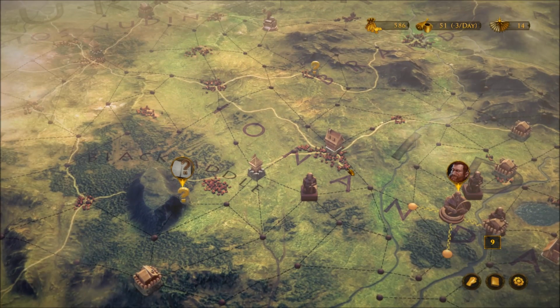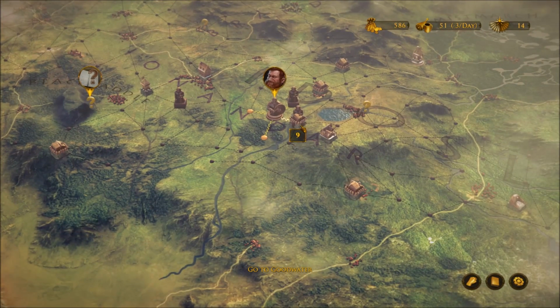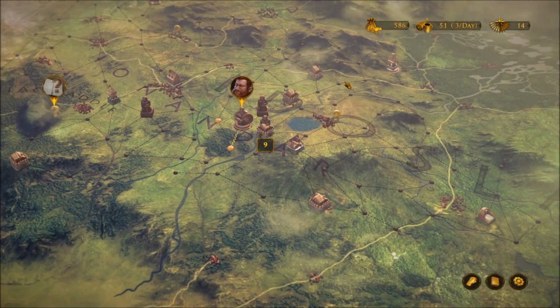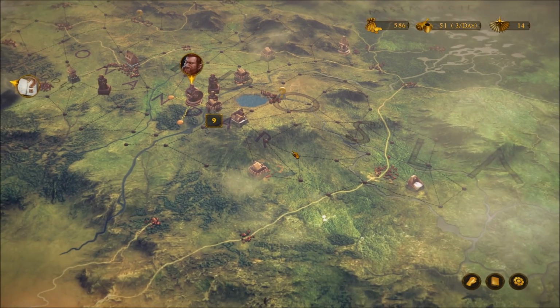I think there's clouds and other weird things kind of floating around here. It's pretty neat. Anyway, ladies and gentlemen, I don't know what the 9 is all about, but we are definitely going to continue on toward Blacksaddle. I guess maybe... Ooh, the orc hordes right there. Do we want to go and take that on? I don't know. I sort of really do, but...